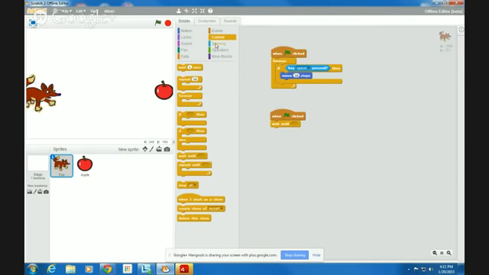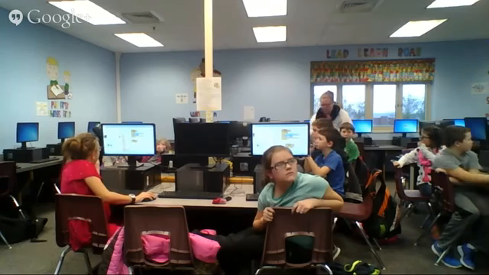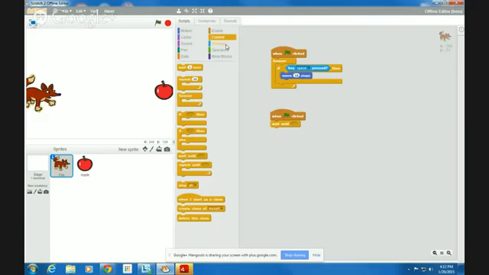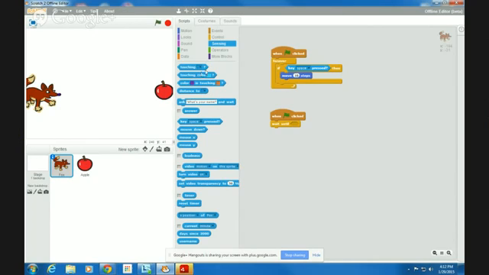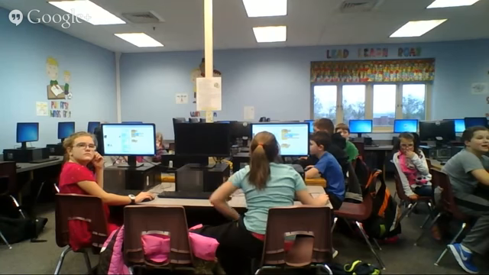So now you're going to want to go to the light blue blocks and go to sensing. While you guys are doing that, I'm going to tell you right now we're going to make it say that when your flag is clicked, it has to wait until your first sprite is touching your second sprite, and when it's touching the second sprite, that means it's going to say that you win the game, and it's going to restart the game because you beat it.